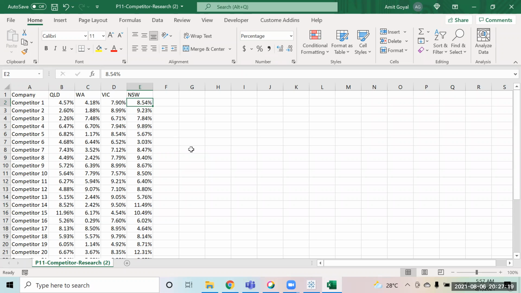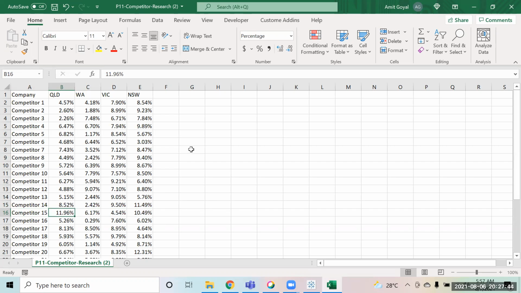We'll select the place where the profit margin is the highest. Maybe for competitor one, it says NSW, so it's like 8.54. That is the maximum, so the profit margin is higher over there. But it can be low also. If you come over here for competitor 15, it is higher in Queensland.